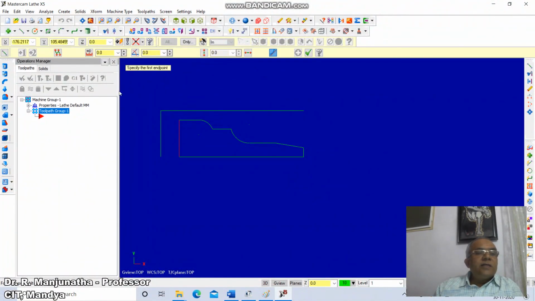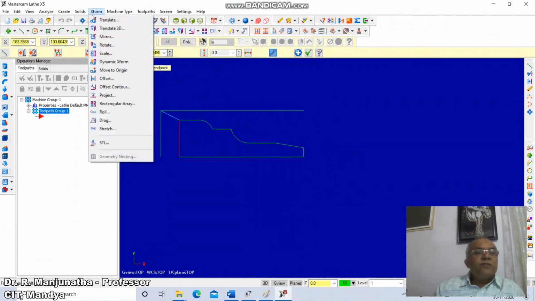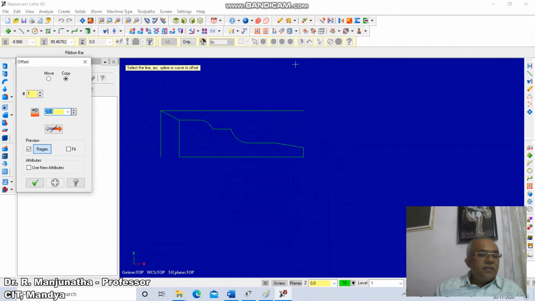Then go to line, take endpoint of this to endpoint of this, then again offset, xform offset, take the distance as 174, so type 174.